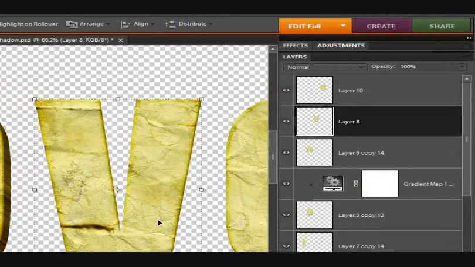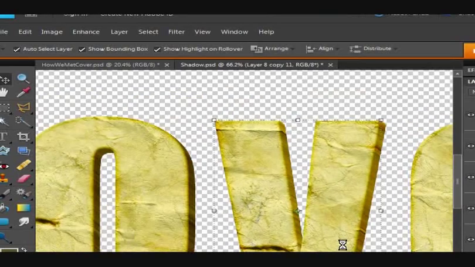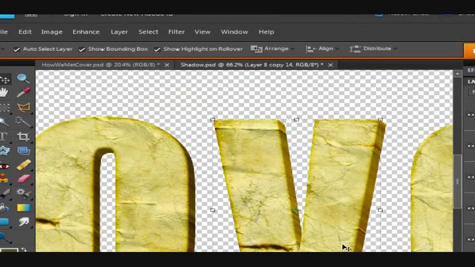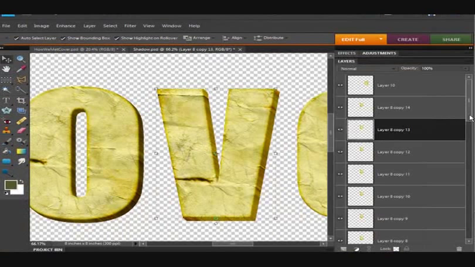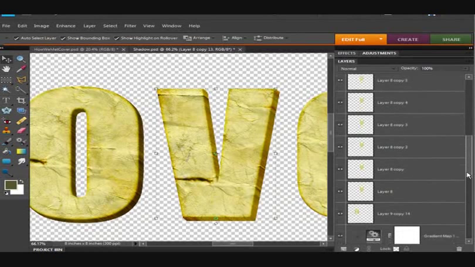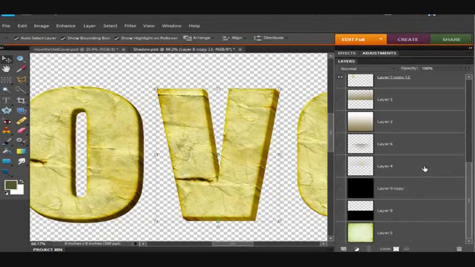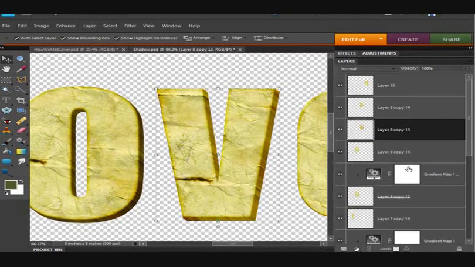So let's do the same thing 14 times. 1, 2, 3, 4, 5, 6, 7, 8, 9, 10, 11, 12, 13, 14. I'm going to click on this one here below it, Shift and Control key, scroll down to my original layer 8, right click, merge layers, then